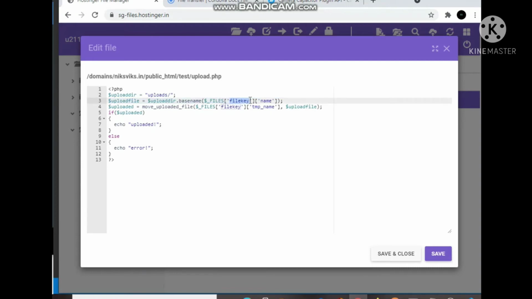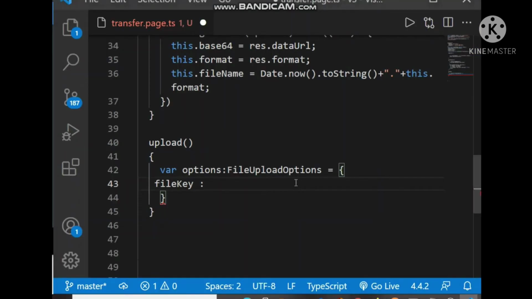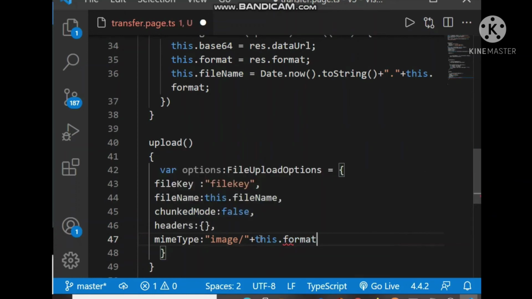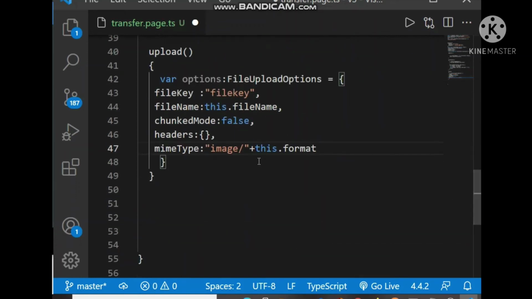From the same name we can receive it on the server. Then this.fileName, chunkedMode false, headers, and mimeType as image slash plus this.format. So the object is created for the file upload options.